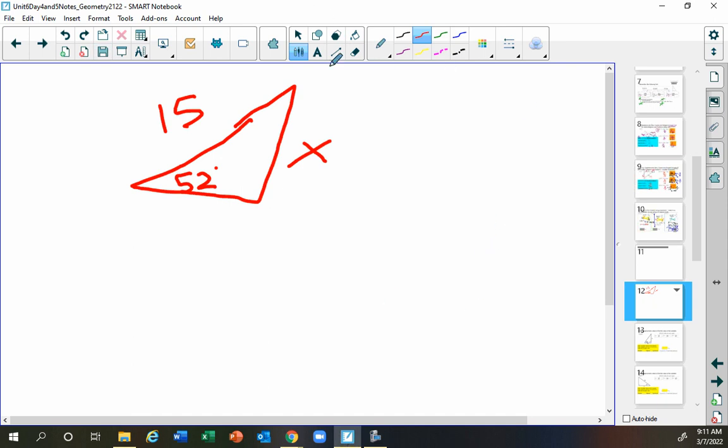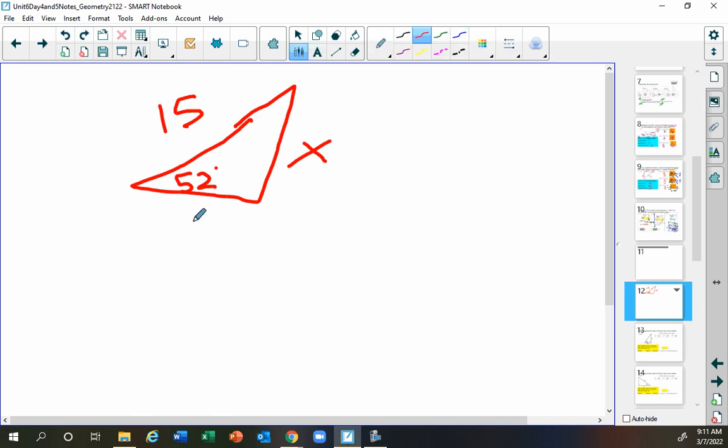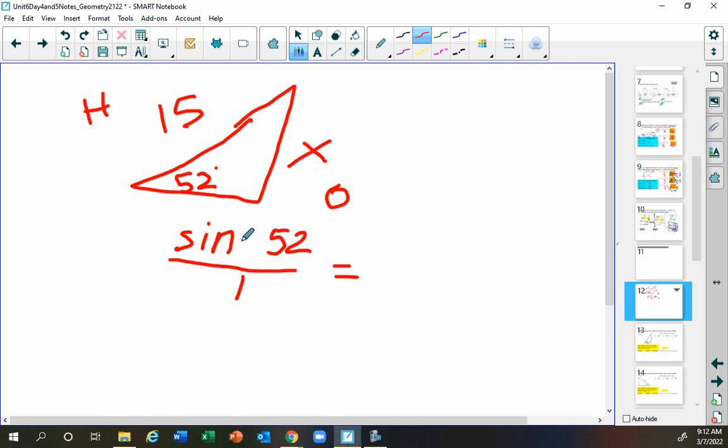So we said we were going to use the sine, right? We agree it was the sine of 52 degrees. There's our hypotenuse, opposite. So sine of 52 is going to go over,